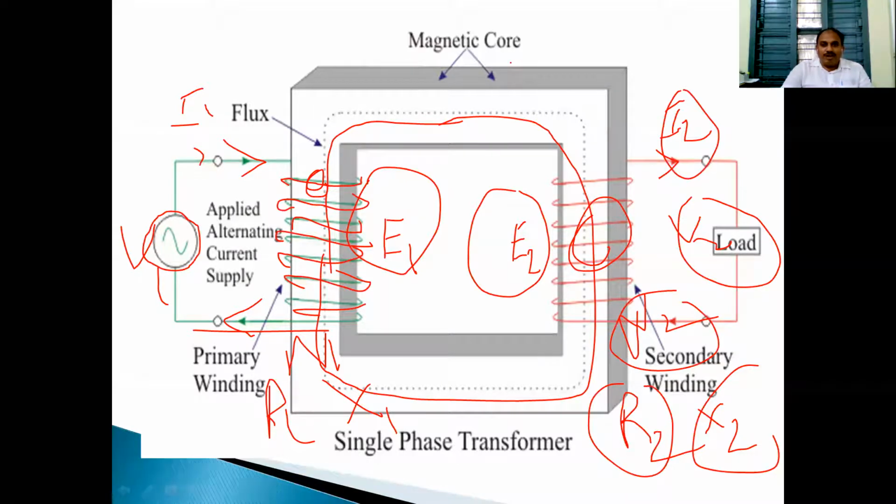So this magnetic core is made with magnetic material. This magnetic core provides a low reluctance path for magnetic flux. It provides a path, that's why coupling is easy. Flux easily passes in this magnetic core. In electrical machines, there is no magnetic core between the stator and rotor. Suppose in a DC machine, between the stator and rotor, there is an air gap. Air gap offers more reluctance. More reluctance means which opposes the flow of flux. Resistance means which opposes the flow of current. Reluctance means which opposes the flow of flux.